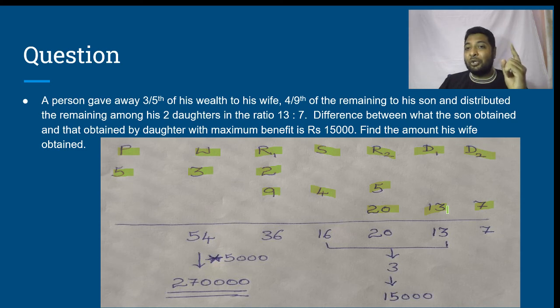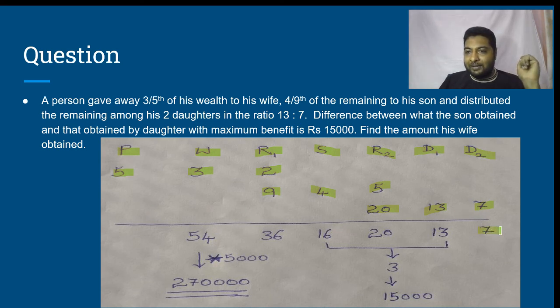Now, it is not fair to compare a suitcase with a wallet. Why? Because ratio is comparison of similar entities. I cannot compare a suitcase with a wallet. I cannot compare an elephant with an ant. I have to represent everything in same terms, similar entity. Therefore, I will start representing everything in terms of number of wallets.